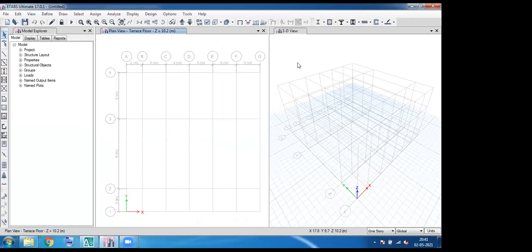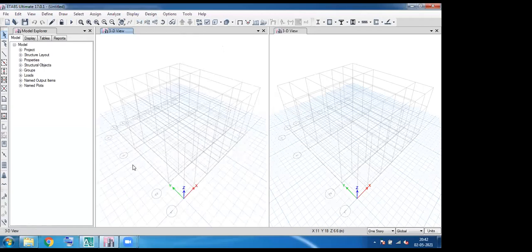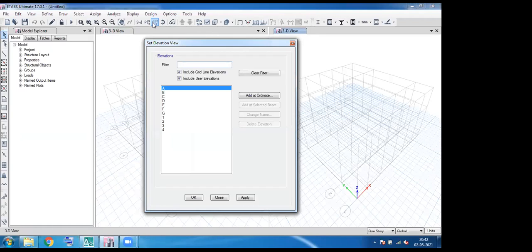And also we can switch between views. At the top, in the quick access icons, you can see 3D, plan, and elevation. If I click this window and choose the option 3D, this window will be transferred to a 3D window. If I want to change the 3D window into elevation, I just click on my mouse right here in 3D view and go to ELEV, that is elevation.